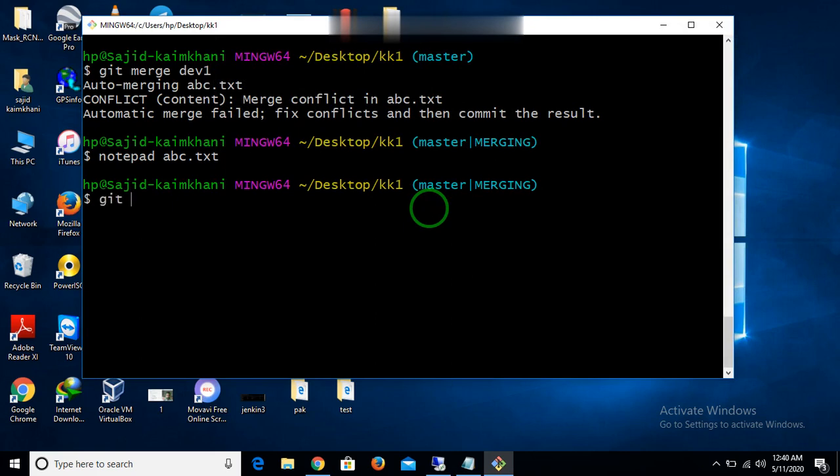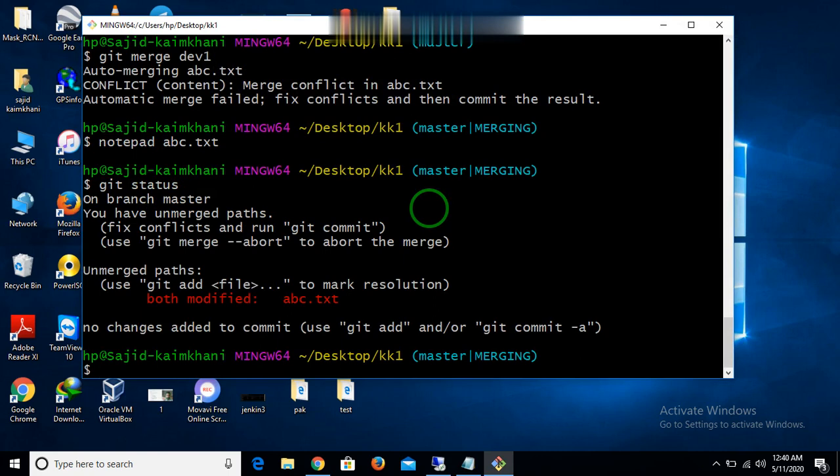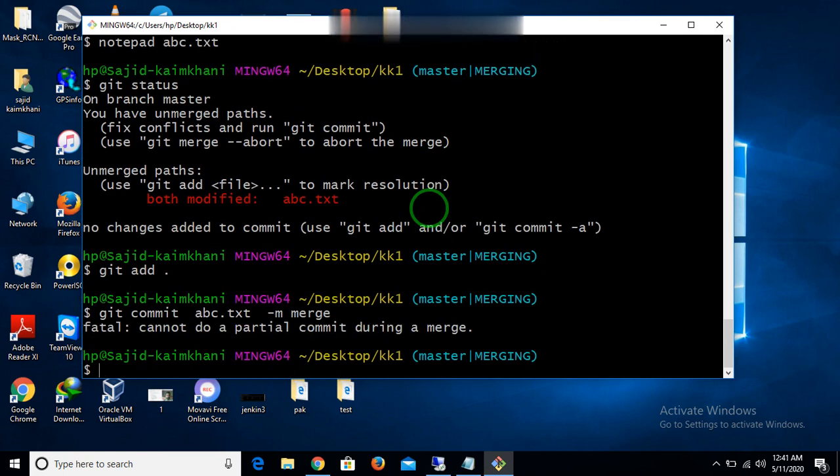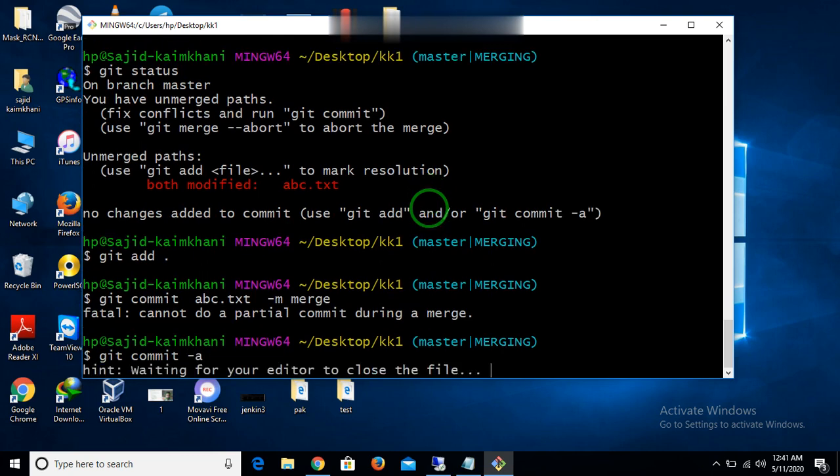Okay, so first of all, git status: both branches have been modified. So we have to add it, and then we have to commit it, git commit ABC -m merge one, sorry, with -a.